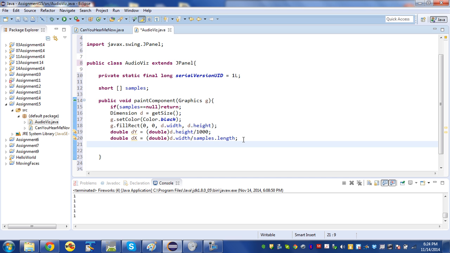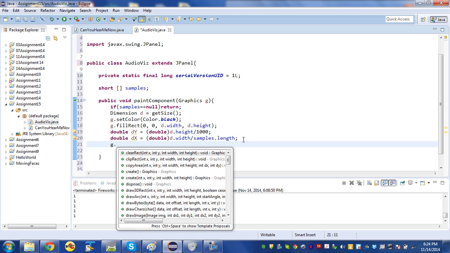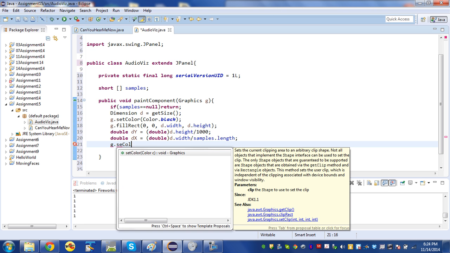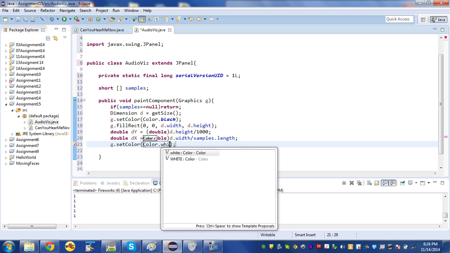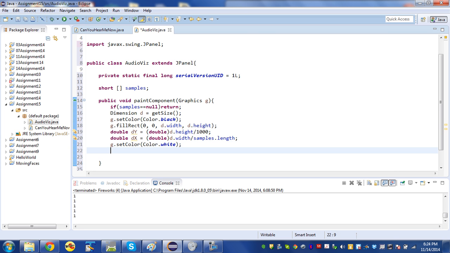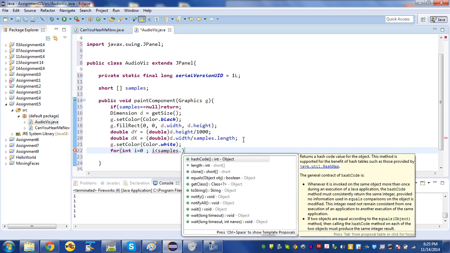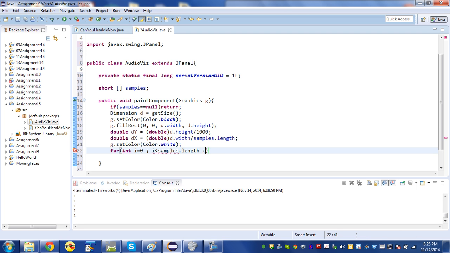Then I'm going to say something like g.setColor Color.white, because I want to draw my bars in white. And then I want to go through each of the samples. So for int i equals 0, i less than samples.length, i plus plus,